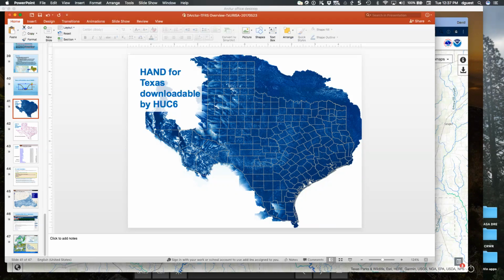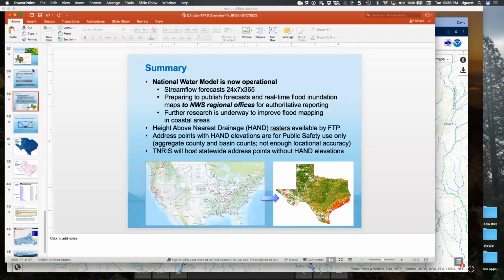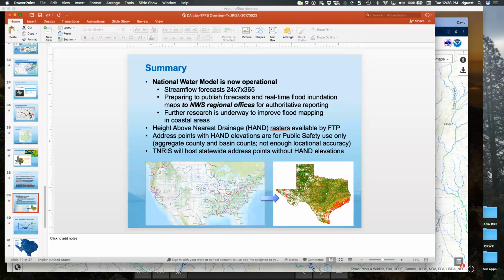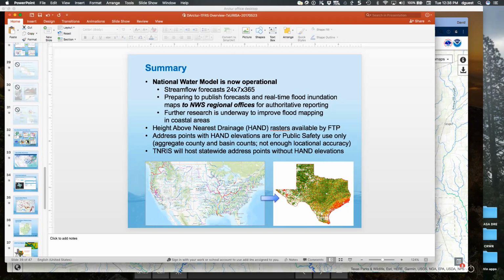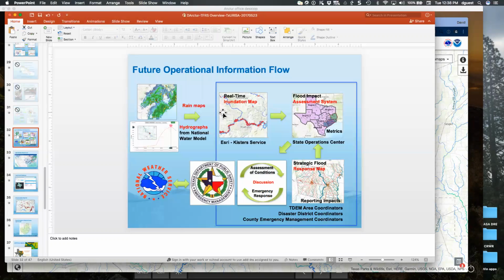Question, do we plan to consider geologic and soil data? The geologic and soil data actually goes into the water surface modeling, the land surface modeling, that's back in the beginning stages of generating the water model. So this National Water Model, I've got a whole different presentation on that. I'm not going to try to search for it. But this National Water Model